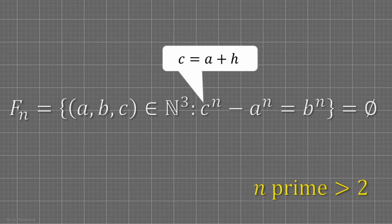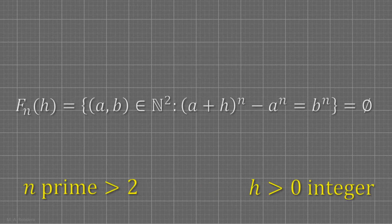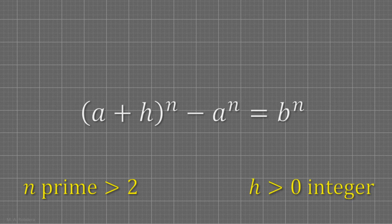We can also write C equals A plus H for some natural number H, therefore, we are done if we show that F_{n,h} is empty. We assume to the contrary that F_{n,h} is not empty, that is, there exists a pair of natural numbers A, B satisfying the equation. Applying the mean value theorem to the function f(x) = x^n on the interval [a, a+h], there exists a real number t between a and b, such that